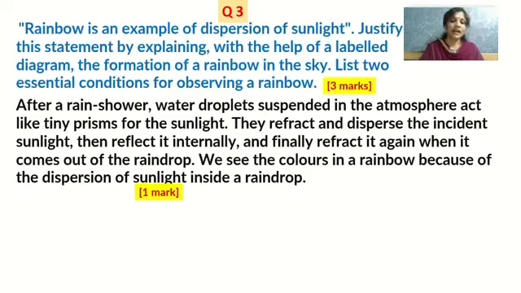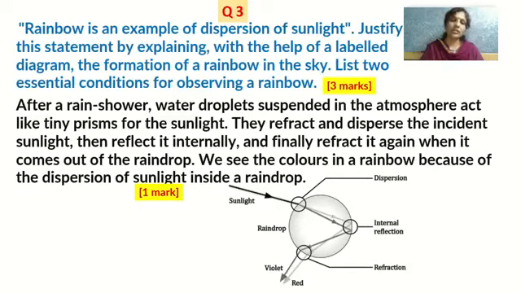Then the diagram, this is very important: how the sunlight enters the water droplet, then there is total internal reflection there, and then again there is refraction and dispersion of white light into 7 constituent colors. For drawing the diagram, you will be given 1 mark, and the last part of the question is